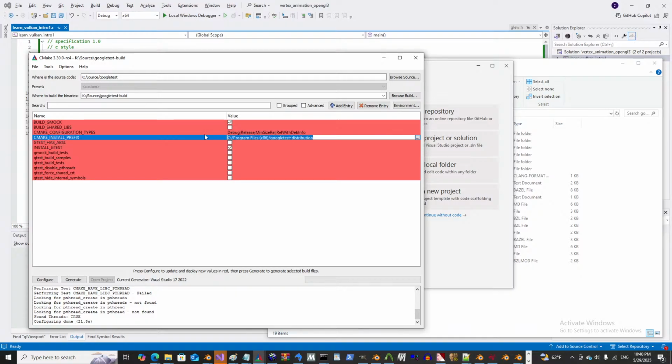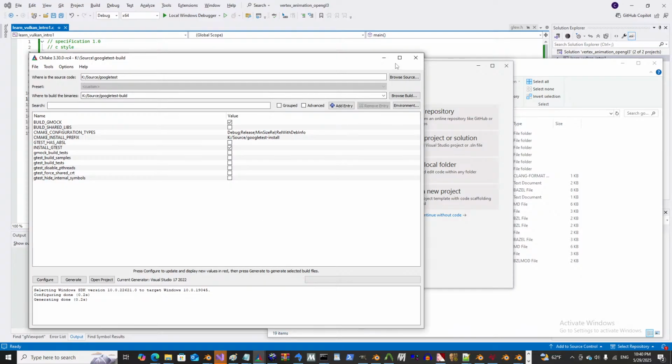because this makes the organization so much better. Do not try to put it in program files. Even if you're lazy, just don't do it. It'll cause you more headaches. You'll be lazier this way. Build test samples, build sample programs, Google test, blah, blah, blah. No, just don't do anything. Build shared libs? Who cares? Just generate. And then,